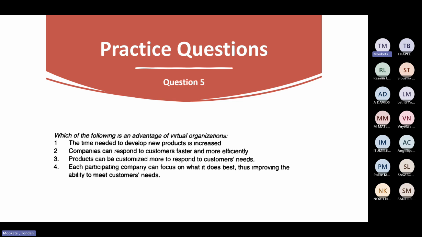Yes. So this option 3, products can be customized more to respond to customer needs. And option 4, each participating company focus on what it does best, thus improving the ability to meet the customer needs. So that is why I'm saying there's more than one answer that is applicable here. So we can say 2, 3, and 4 are applicable to this question,